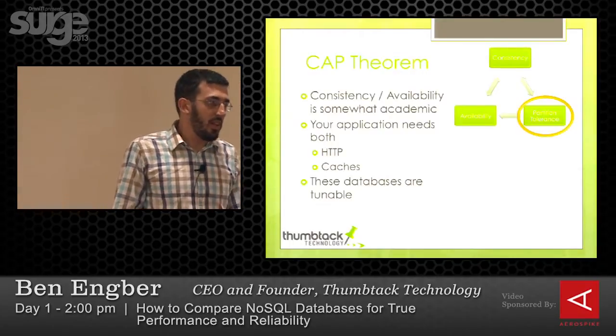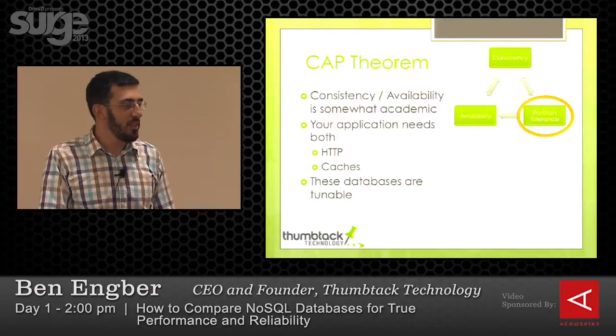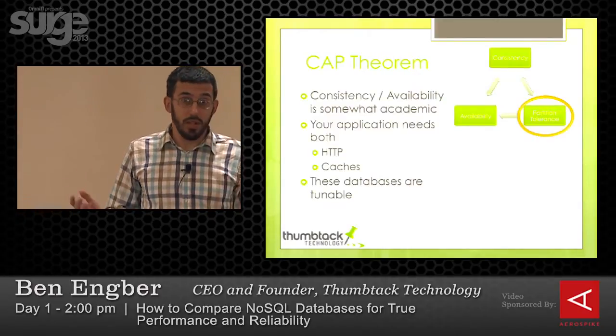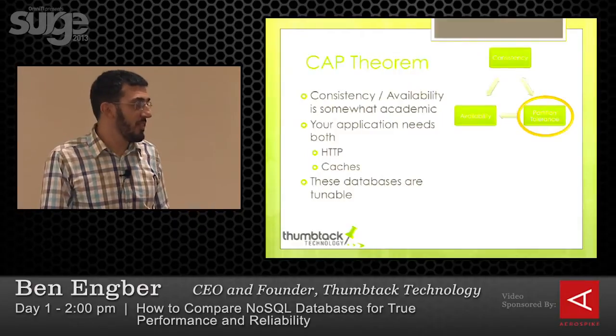So the basics, in case anyone's just being modest, is that given that we're partition tolerant, because we are deploying this in a cluster, we can choose between consistency and availability. This is something that's been bandied around, and choose where you want to be on this consistent or available spectrum. And that was very popular for a long time in these discussions on NoSQL. However, it's kind of misleading because, for one, consistency and availability as defined in the CAP Theorem is probably not what we're used to. It's kind of an academic notion that doesn't really match what we think about in terms of our application being available and so forth.